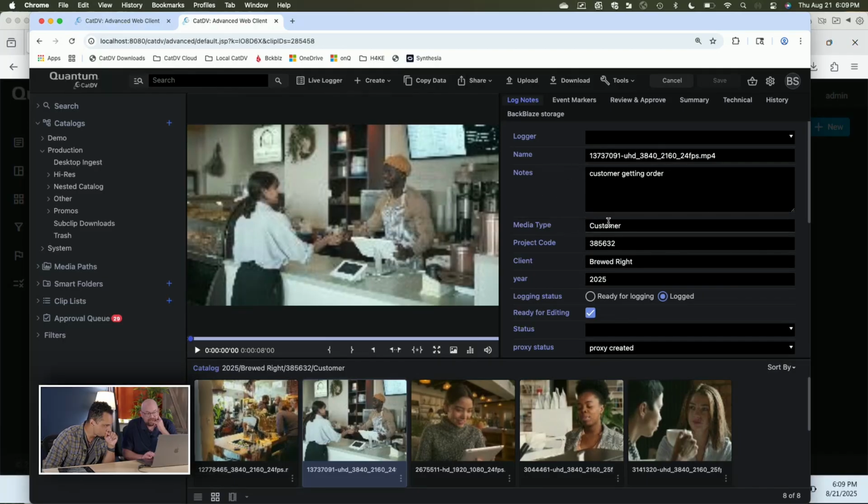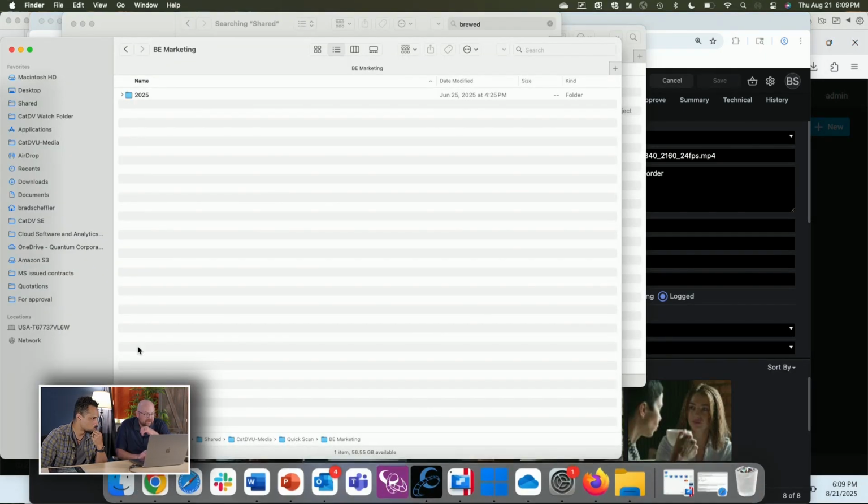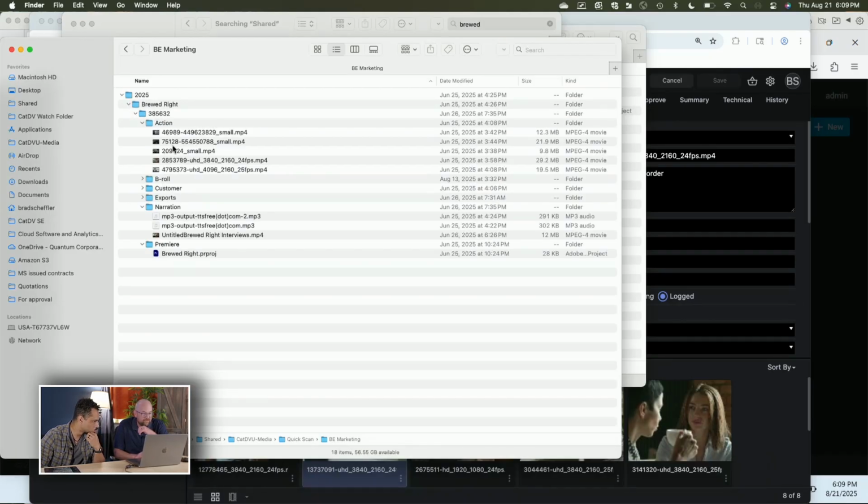But the media type, the project code, the client, and the year, these 4 tags came from my folder structure here. Because of the fact that you put them in a specific Windows folder. Yeah. Yep, just based on my folder structure. So this is my folder structure.